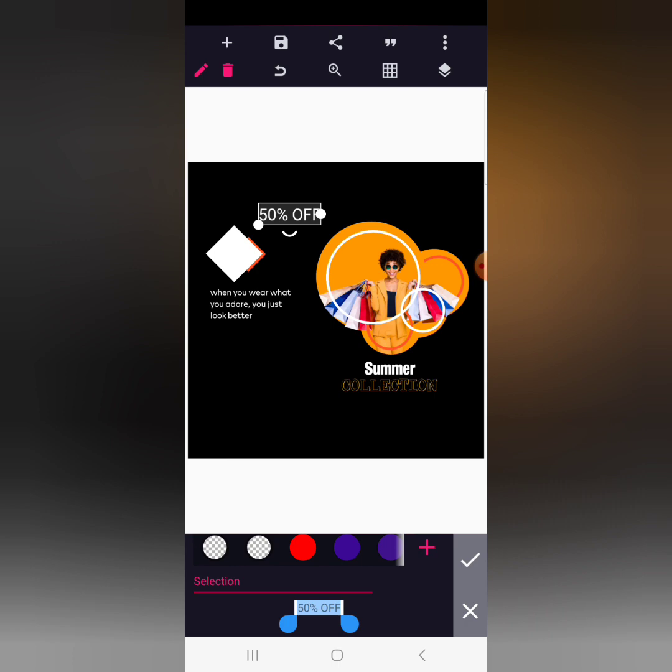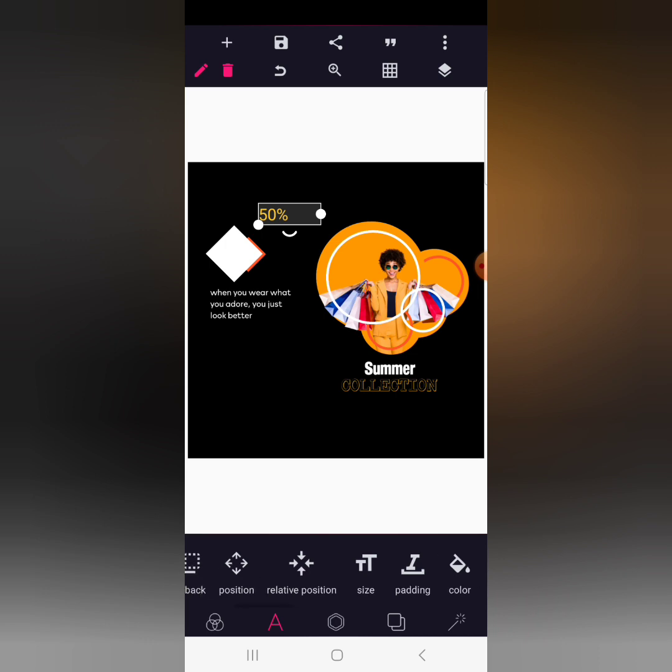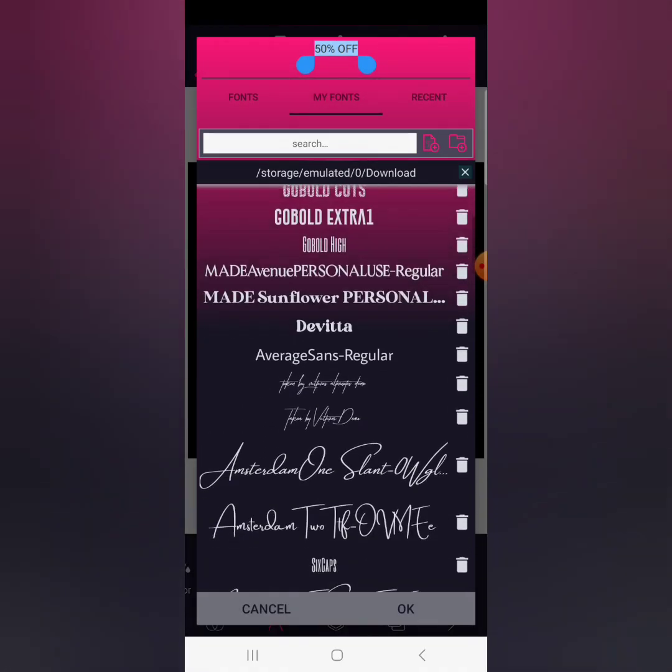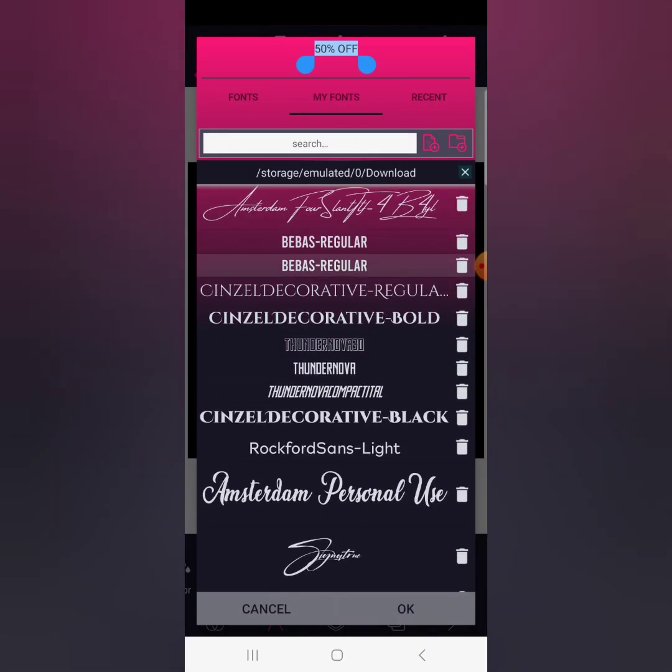Now for color, I want you to look carefully down here. So we're going to push this to this other end such that we have a 2-color application here. The first color goes to 50% and it's actually this yellow. Then the last color, which is for off, will be black. We're trying by all possible means to attain a color harmony here. We want to master which colors go with black. So we'll go now to font, and we're going to use the Bibas regular here